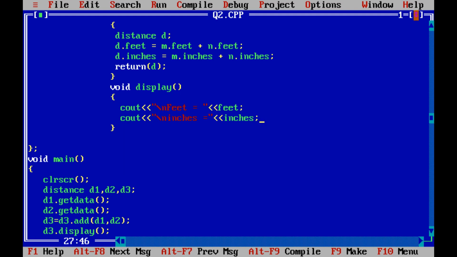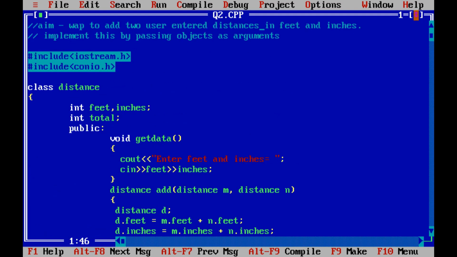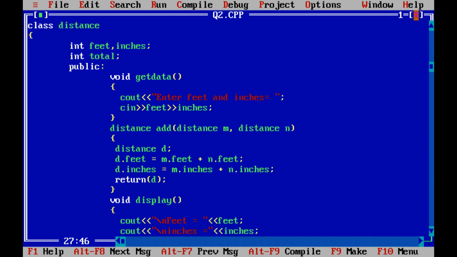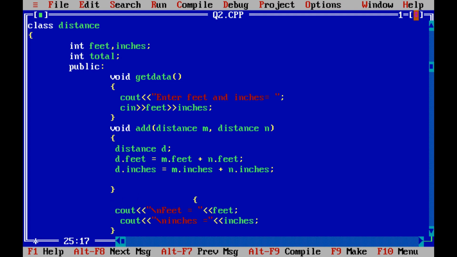Now there are multiple ways in which you can demonstrate. So you can select any way. It is up to you whether to select return objects as argument, or you can simply skip the display function and you can directly print the addition over here only. Suppose you do not want to return the object, so what would the program look like. So I will not be returning this object. I would not require the display function as well if you're not returning the object,